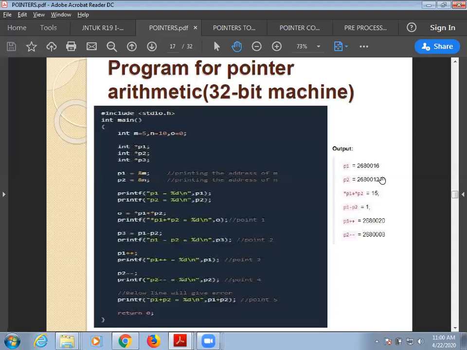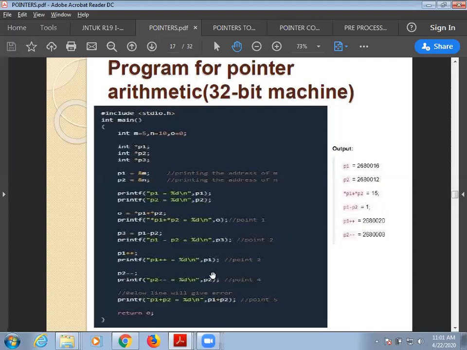So this is a 32-bit machine, so between these there are 4 bytes. Okay, so we'll be having one integer. So that is why p1 minus p2 gives you a difference of 4 bytes, which is pointing to one integer. So if I print that particular thing, I'm getting the value 1. So it will tell the number of integral values present between these two addresses.